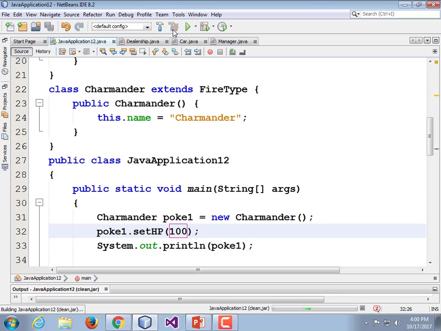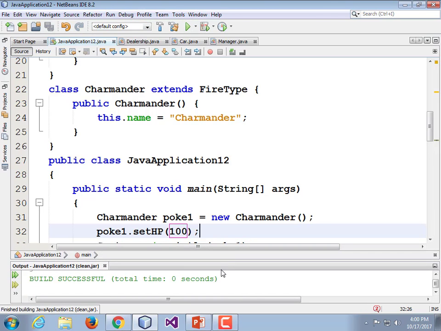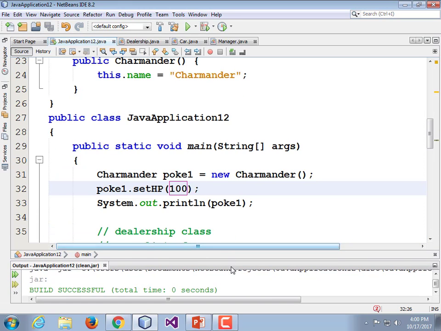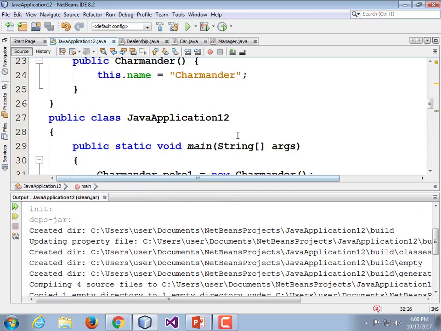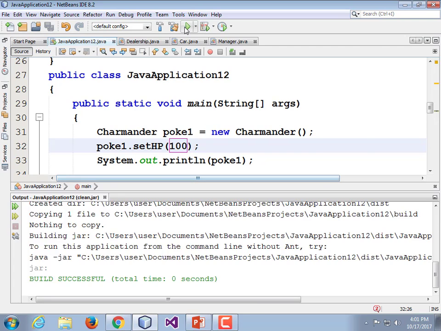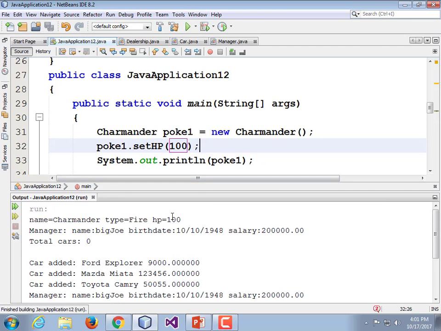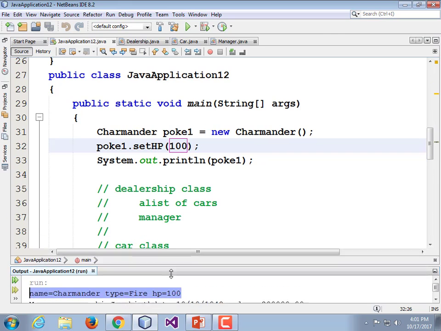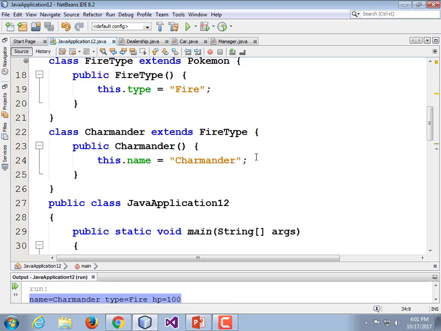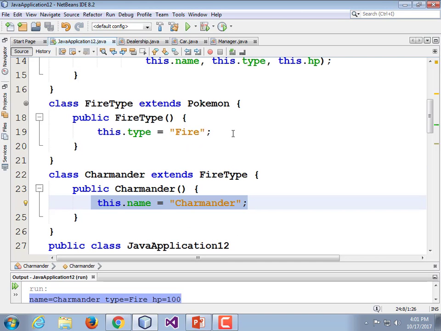Run it. See how it went? Scroll up my output. Oh, I never did run it. I just built it. All right, and I did get a Charmander who has a fire type, who has hit points of 100. So notice what happened. Since we had default constructors, it all worked cleanly. When we created a Charmander, it ran up here and ran the Charmander constructor to set the name of it to Charmander. But then that also invoked